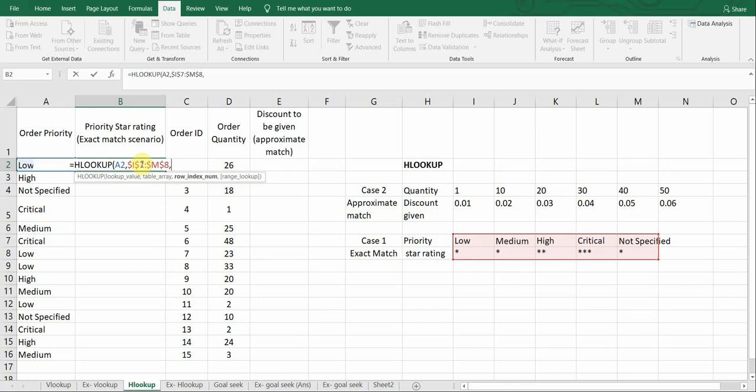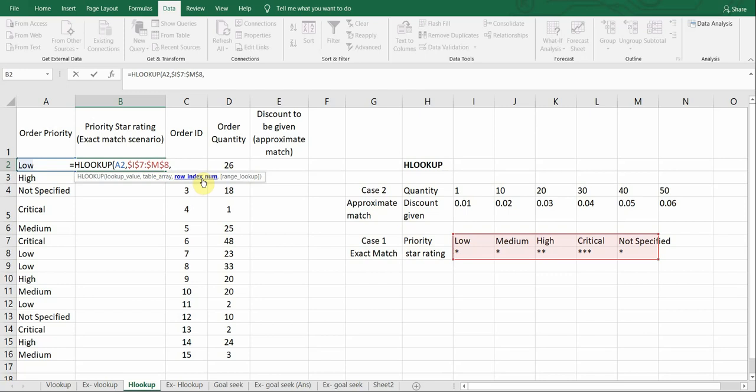Once done, you go to the third input, which is row index number. So here, instead of column index number, we have to enter the row index number because our horizontal lookup is placed horizontally. So it is in different rows. So if you see, priority is in row 1 and star rating is in row 2.